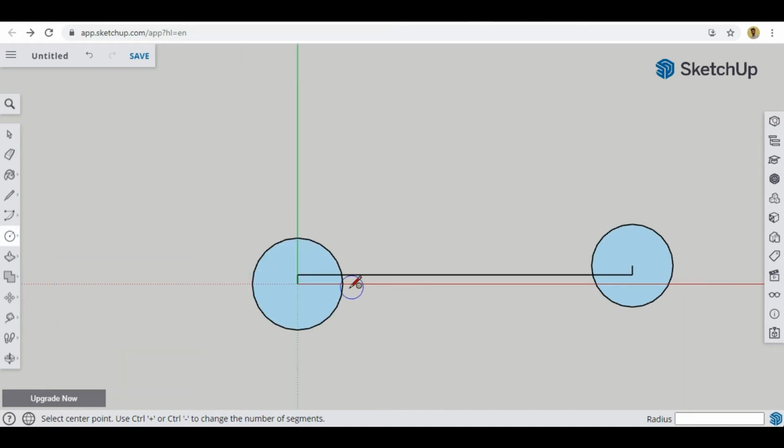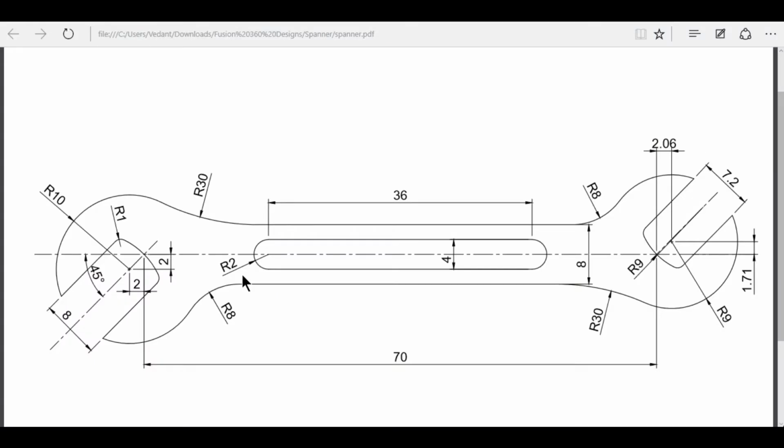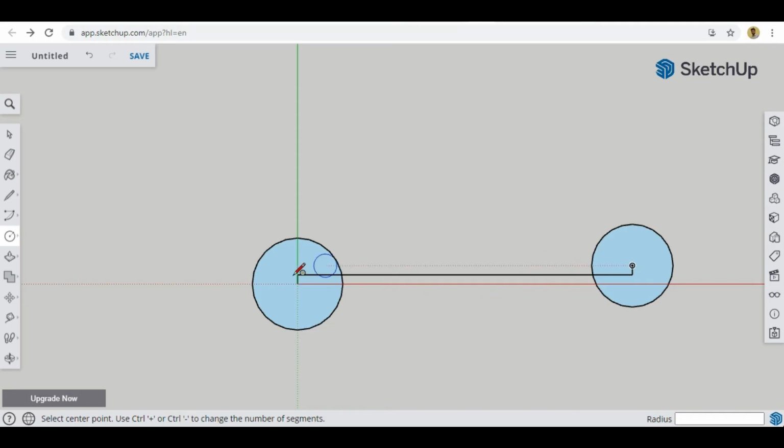And also we have the center line, so this line, this black line is our center line. Okay, so we'll keep this line. So we'll go again to the design and we'll see what we have to create second. So next what we have to create is we can create these two lines which are connecting these circles. Okay, so the dimension of these circles are given here. This is 8 millimeter apart, these two lines are. Okay, so these are 8 millimeter apart. It means from center the upper line should be 4 millimeter and the lower line should be 4 millimeter. So the total is 8.